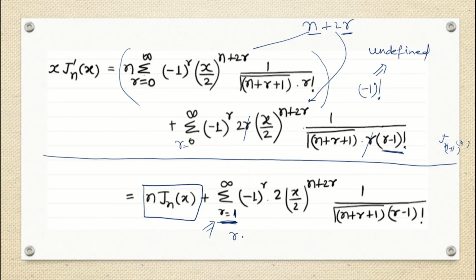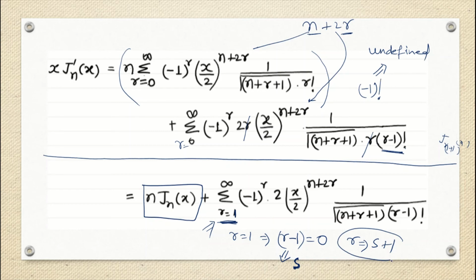So that means r equals 1 can be written as r minus 1 equals 0, correct? So if I write r minus 1 with some other substituted variable, suppose this is s, anything, suppose s. So if I'll start my series with s, that means the series will start with 0, right? Because the series is starting with r minus 1, or I can say that the series will start with s. So wherever I have r, I will be substituting this r with s. That means r will be what? r will be s plus 1, correct? Yes, r will be s plus 1.